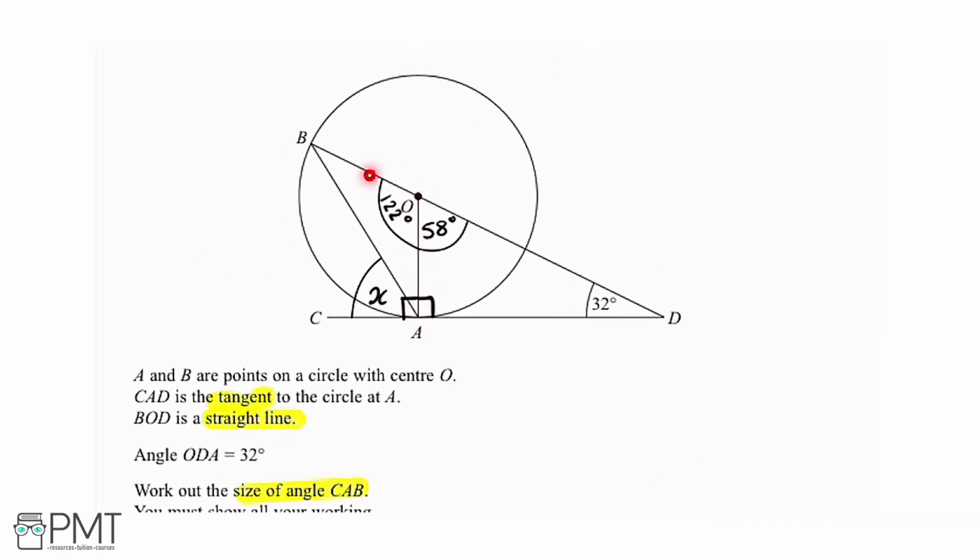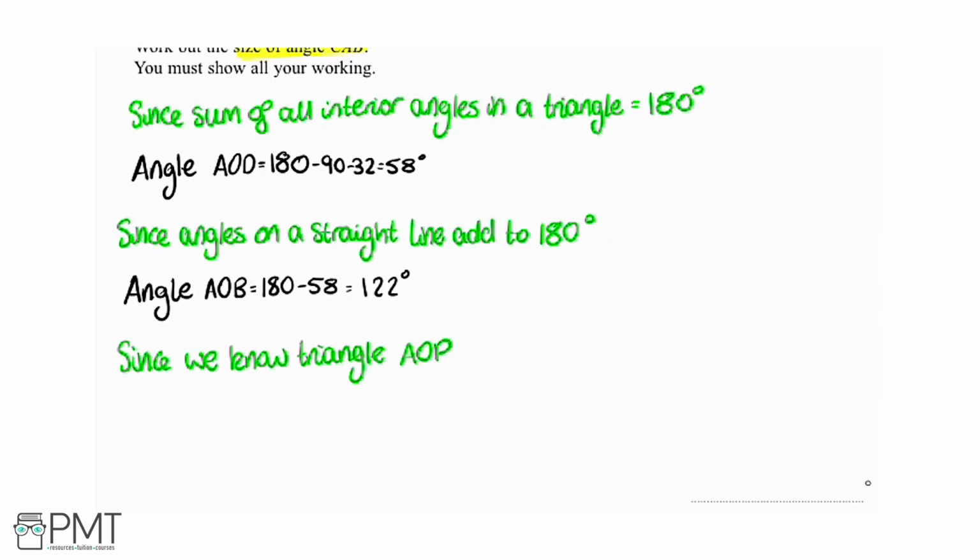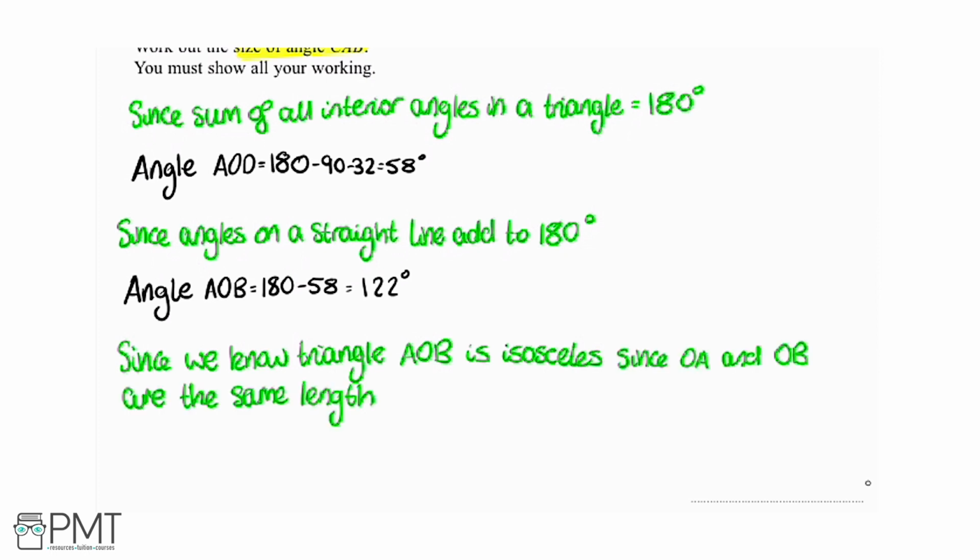Now the next thing that follows on from that, because this line here is a radius of the circle, and this line is as well, the triangle that's made up by that is by definition an isosceles triangle. That means that this angle here and this angle here are the same. So I'm going to call that angle A to make it a bit easier. Since we know triangle AOB is isosceles, because O to A and O to B must be the same length, we can say that again using our fact that the interior angles of a triangle add to 180 degrees,